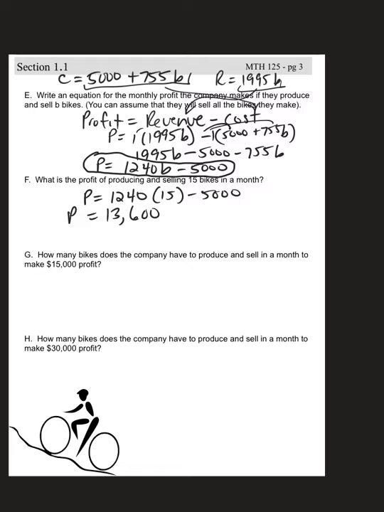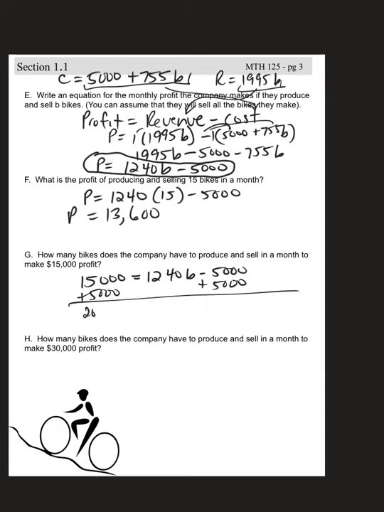How many bikes does the company have to produce and sell in a month to make $15,000 in profit? So I'm still using the same profit formula, but I'm going to plug 15,000 in for P, and I am looking to solve for B. So I'm going to start by adding 5,000 to both sides. So if 20,000 equals 1,240B, divide both sides by 1,240. B is going to be 20,000 divided by 1,240,